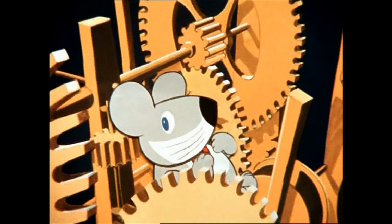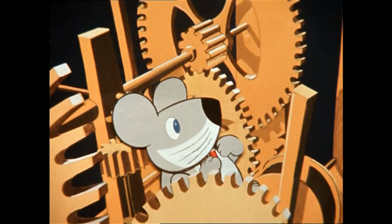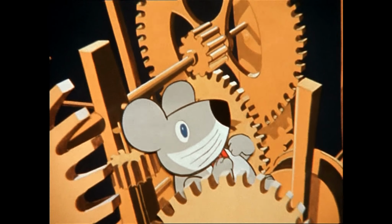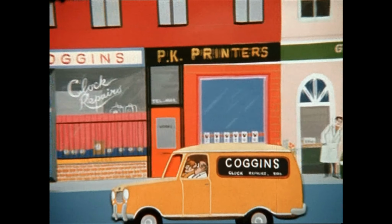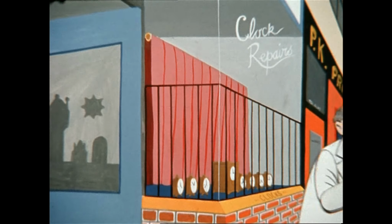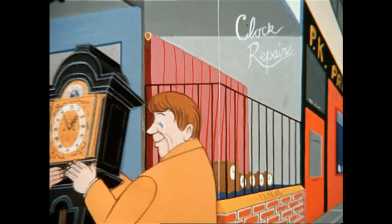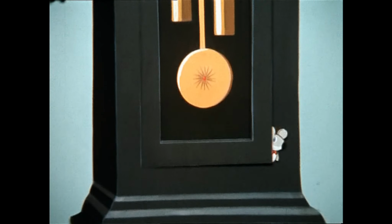Because Midge had been asleep, he didn't know that the clock was to be taken to the shop. He heard some doors close and an engine start. Midge felt the clock being taken out of the van and through a door. And then it was still and quiet. Midge waited for a bit. Then he opened the door and saw